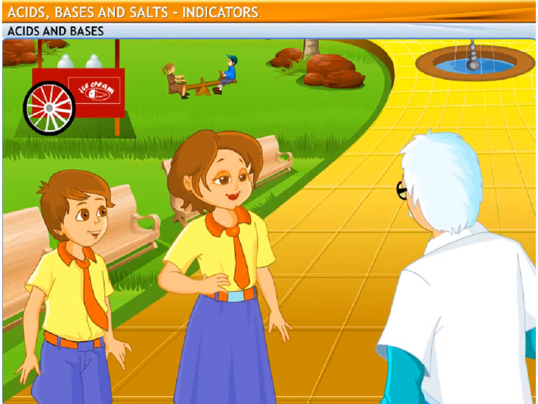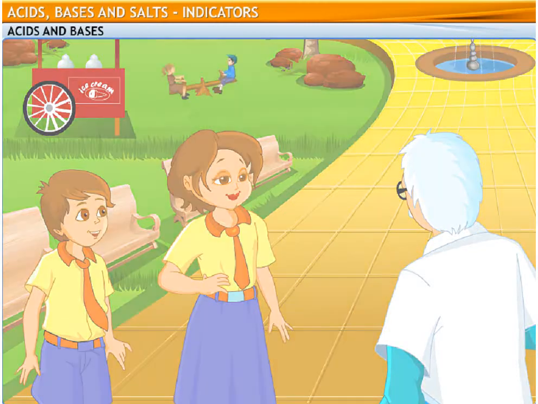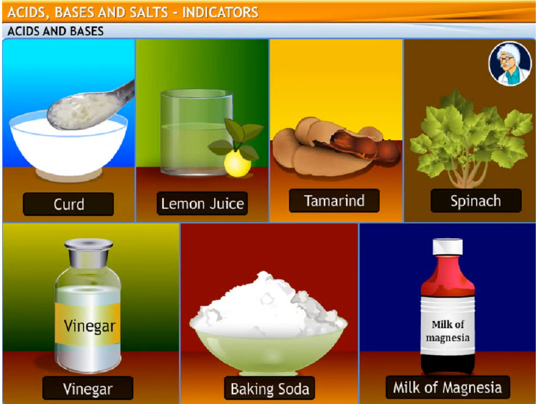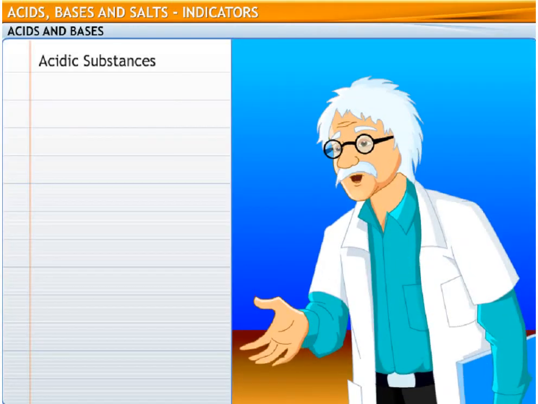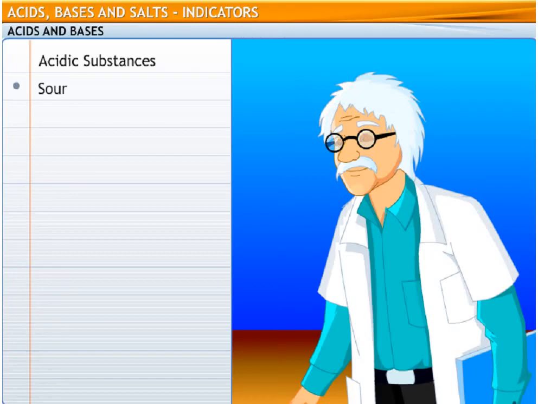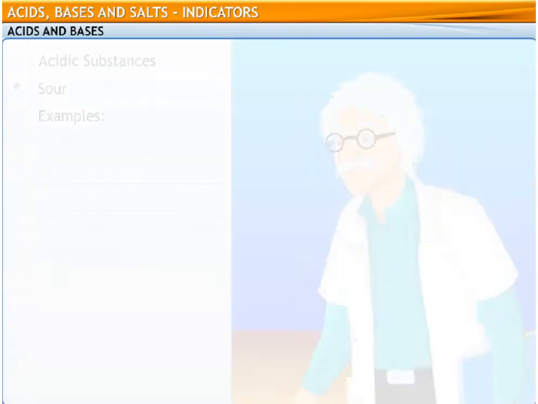Before you start, you will need to know what acids and bases are. Let me explain. Many substances that you encounter in your daily life have different properties. One major difference between substances is whether they are acidic or basic. Acidic substances taste sour. Some examples are curd,